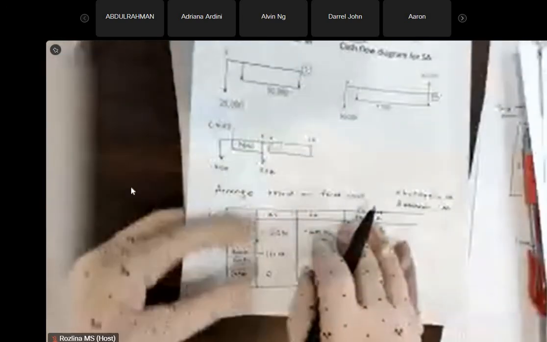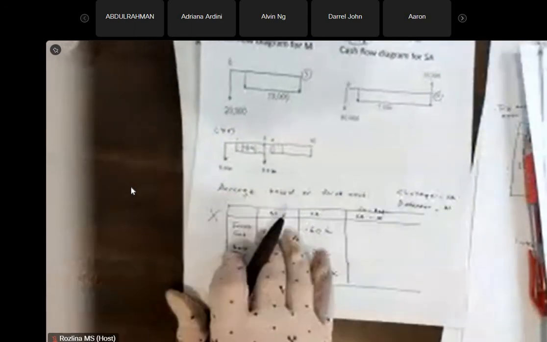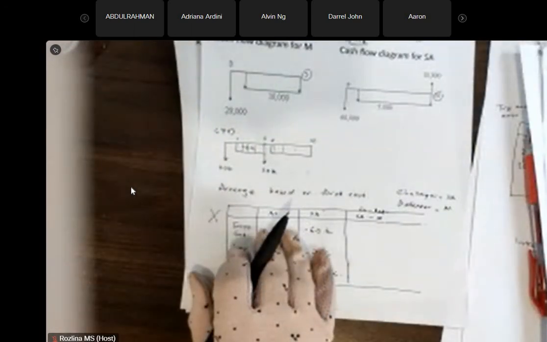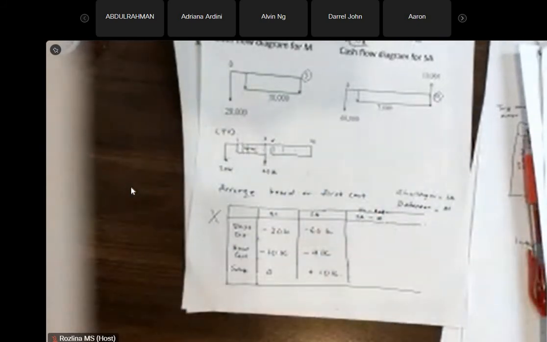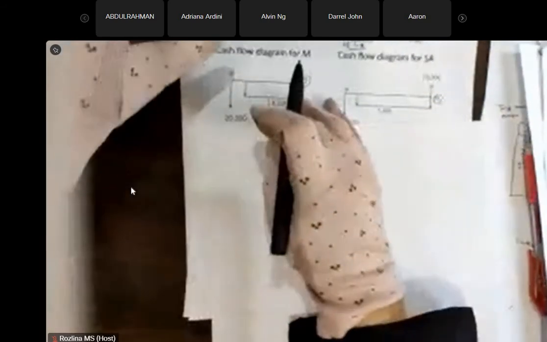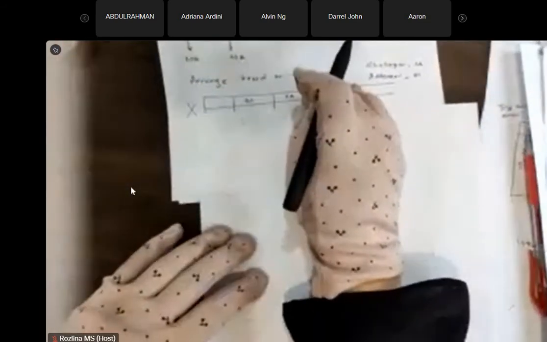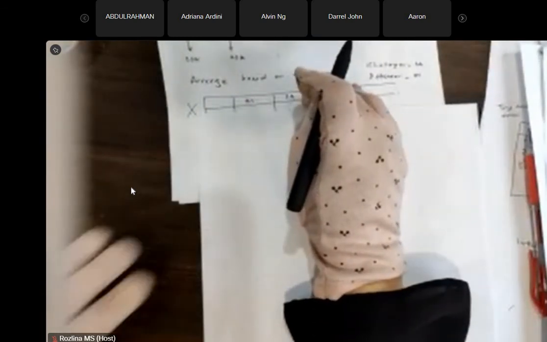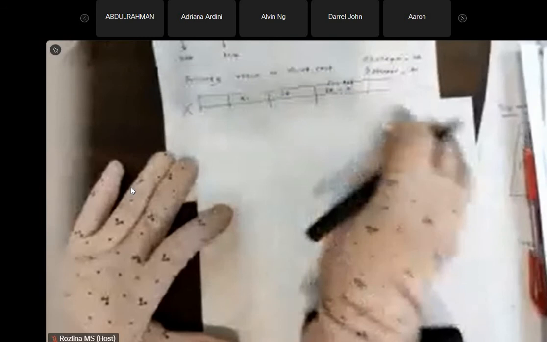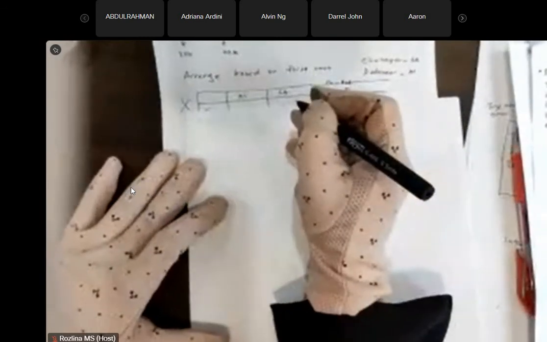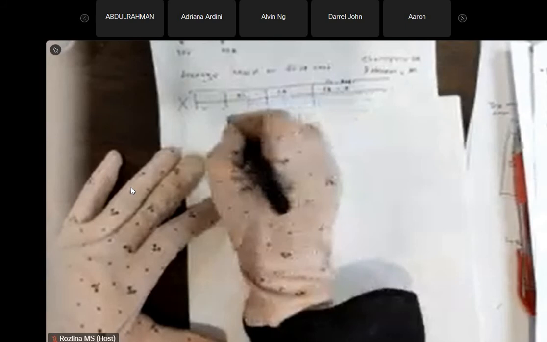What you can do is you have to calculate dia punya nilai ni to become... macam ni macam mana nak cerita ni. Okay, use dia punya time value pula. Kita kena